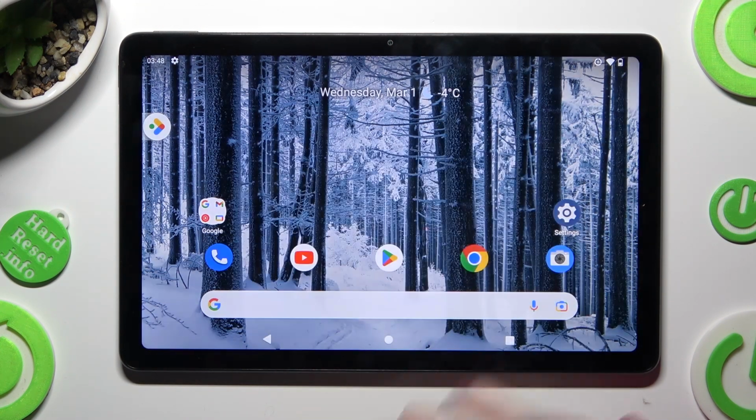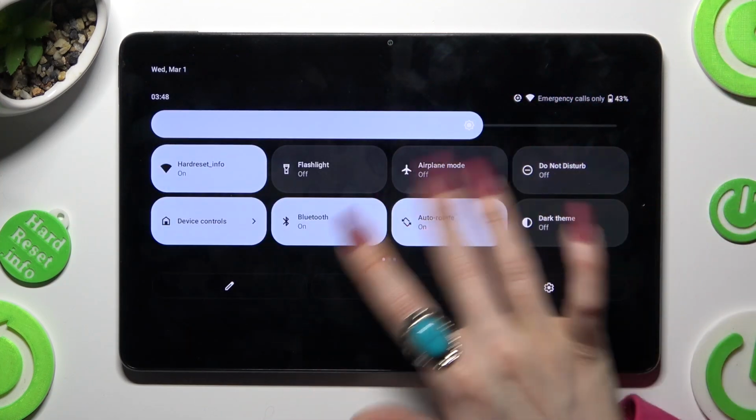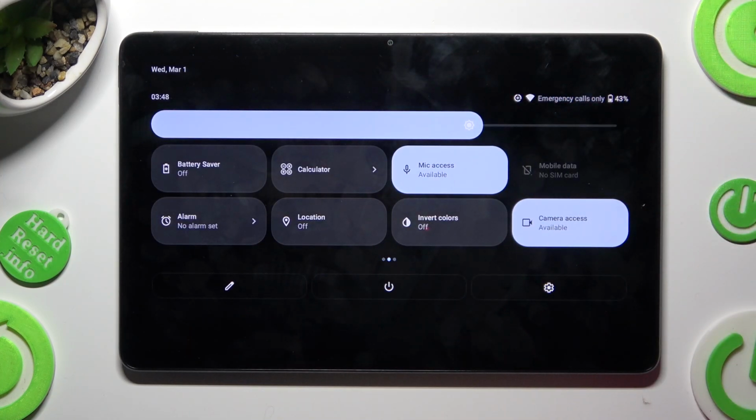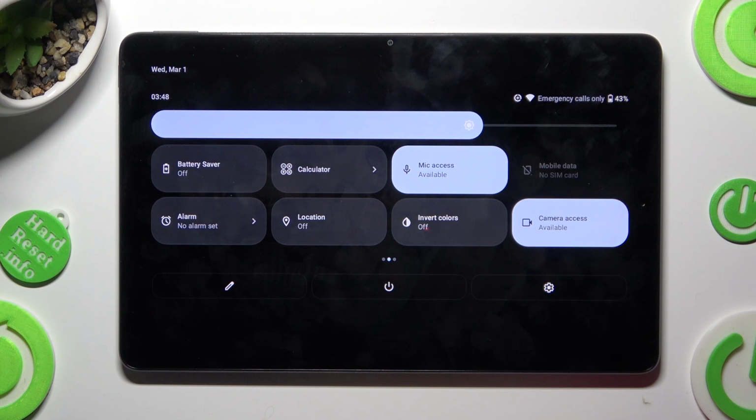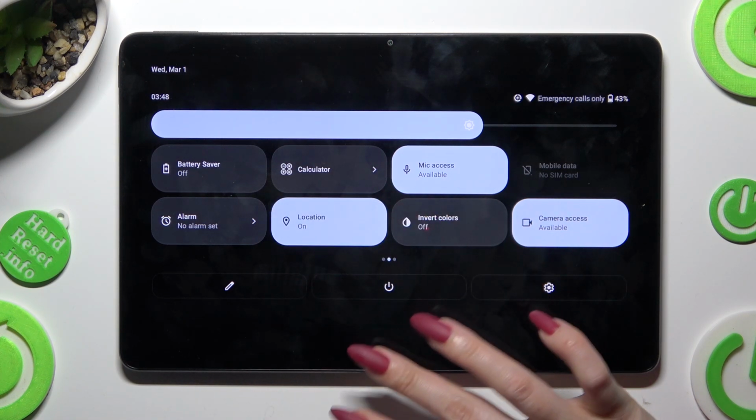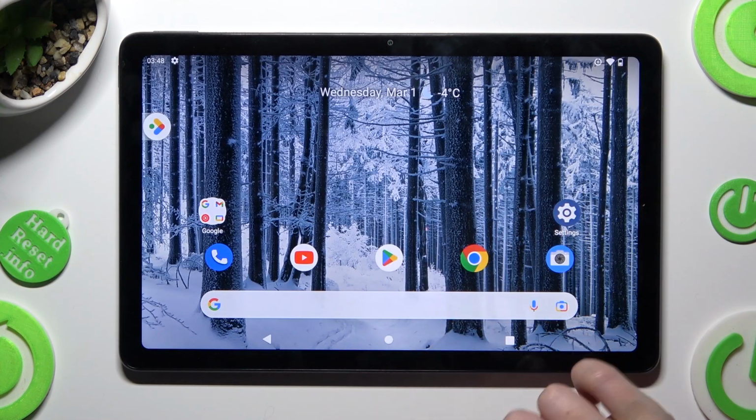So when I do that and go back, location of my Nokia is off, but you can always switch it back on by clicking on the same now gray shortcut. If you want to, you can always go into Settings